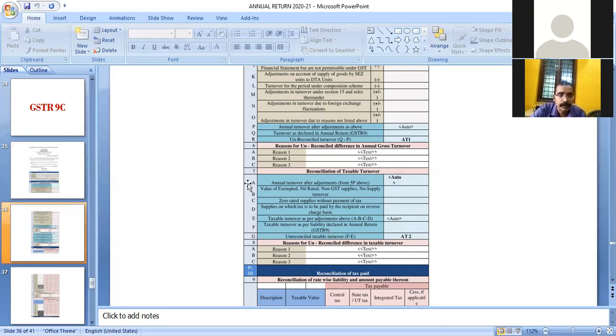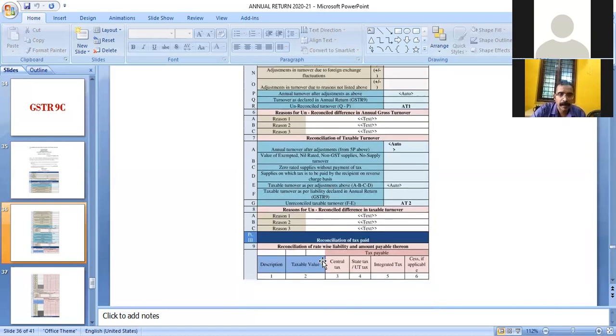Then comes column number 7G, unreconciled taxable turnover, which is the difference of column number F and E. Ordinarily, column number F and E should match. If there is any difference, it will be shown in column number G, auto-populated and cannot be edited. The reasons of unreconciled taxable turnover are to be shown in column number 8A, column number 8B, and column number 8C.